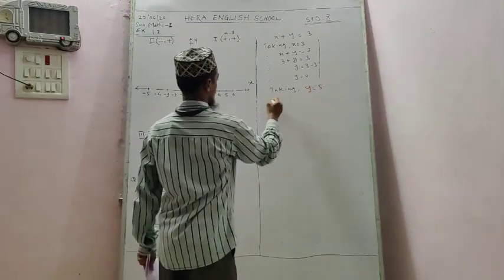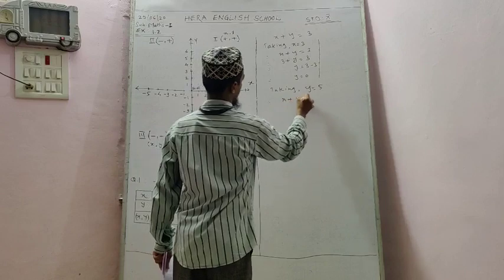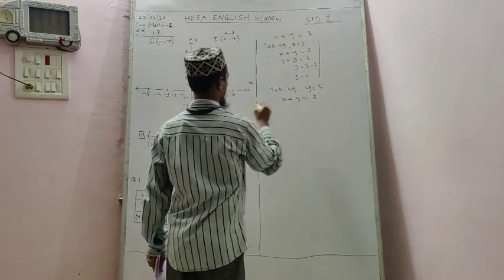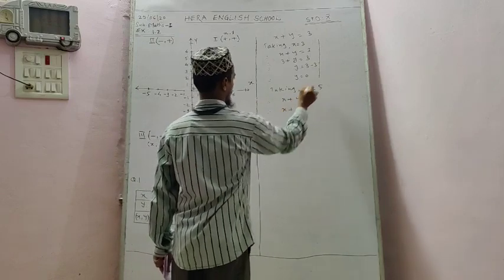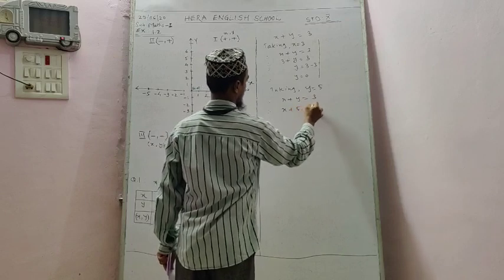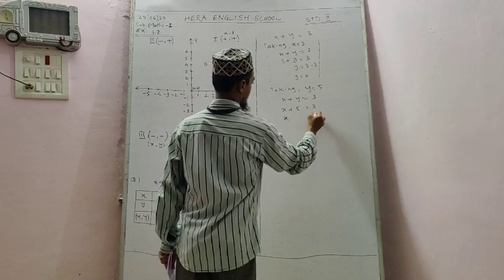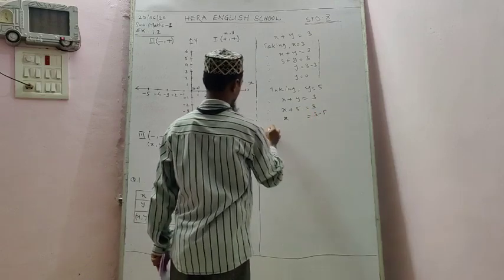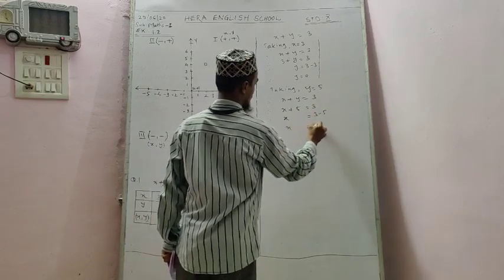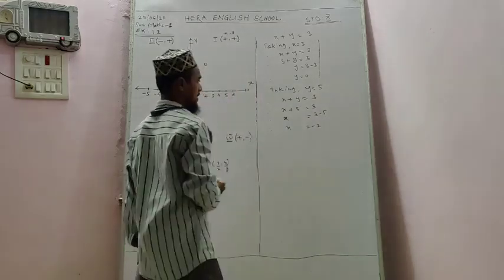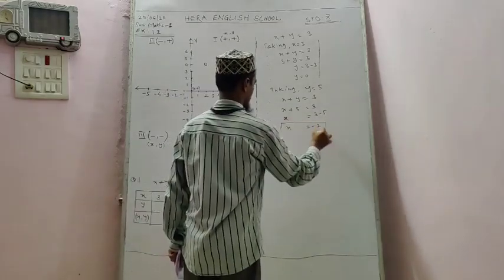In the equation we have x plus y equal to 3. Keep the value of y to get the x. Y we are given is 5, so 5 plus x is equal to 3. X as it is 3. Bring the right side 5, it will be in minus form. X is equal to 3 minus 5. You will get minus 2. We got here x equal to minus 2.